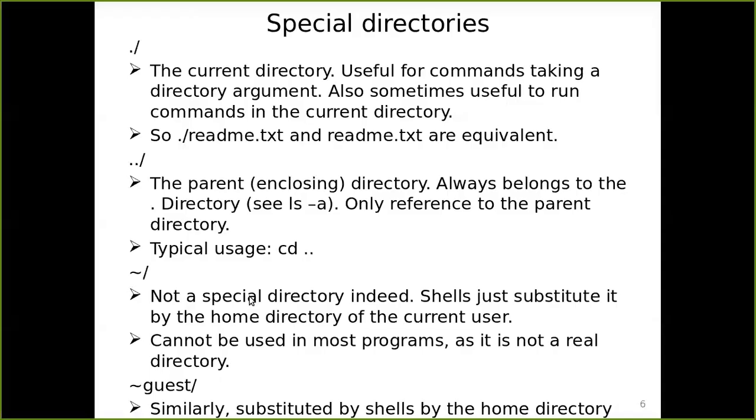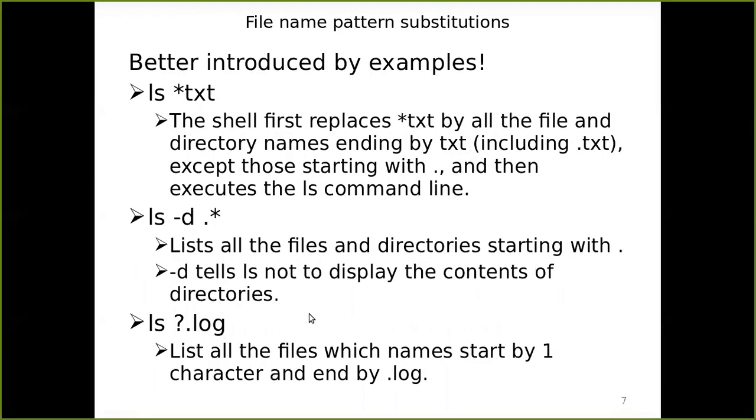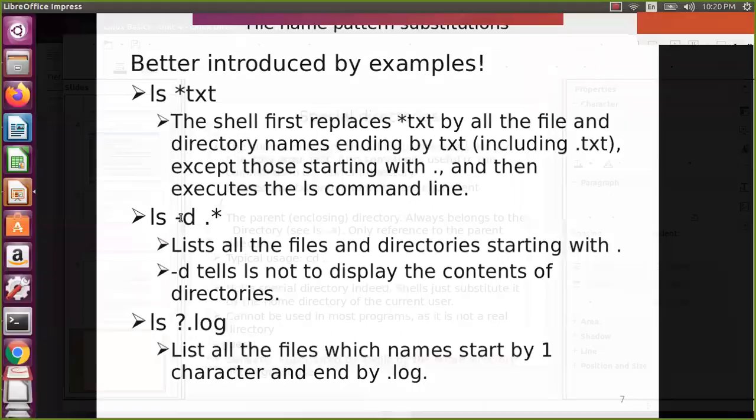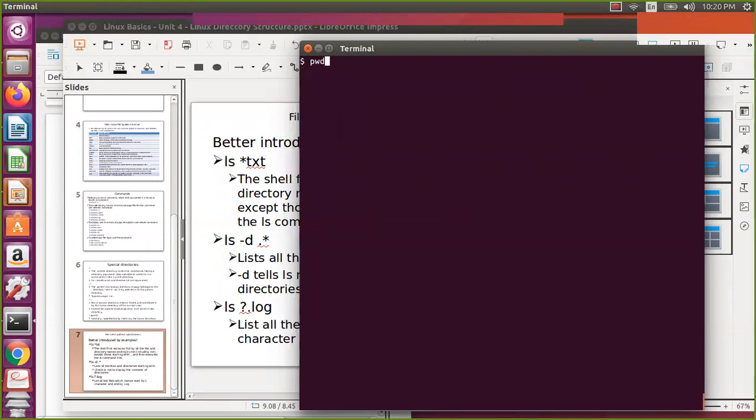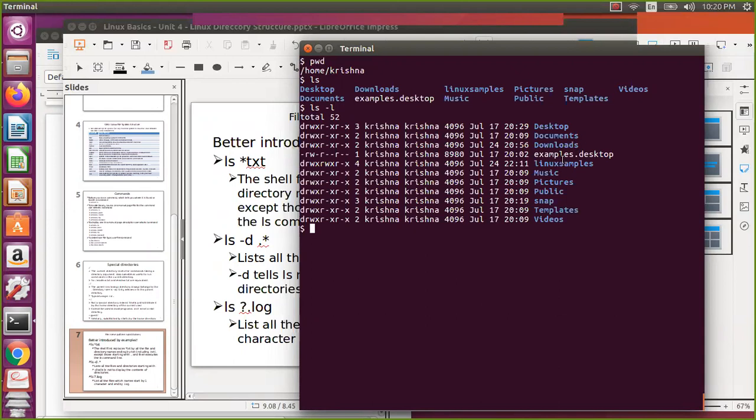Okay, so now let us check the next one. The star and question mark we have already seen. And if you don't want to list the directory contents, you can say ls -d. Let us assume ls -l, you know that one, it will give me the whole listing.